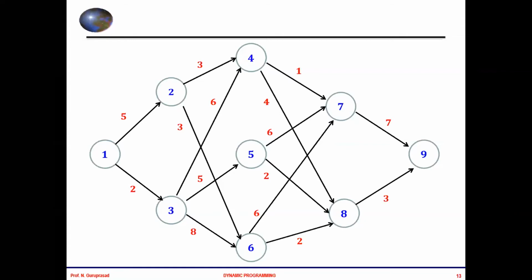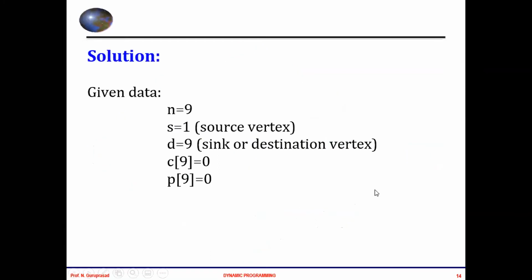Okay, so watch out carefully. We are going to start from vertex 9, which is at stage 5, correct? Which is at stage 5. So our first target will be those vertices which come before stage 5, that is stage 4. That is stage 4. Now tell me which vertices come in stage 4? Correct, 7 and 8. So our first target will be vertex 7 and 8. Okay, it does not matter in which order you write. Okay, so let us proceed.